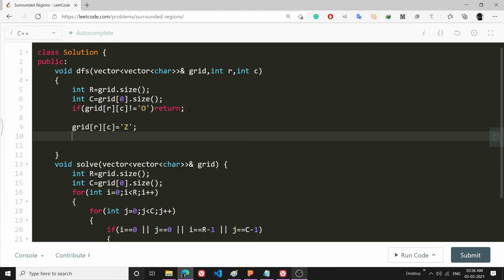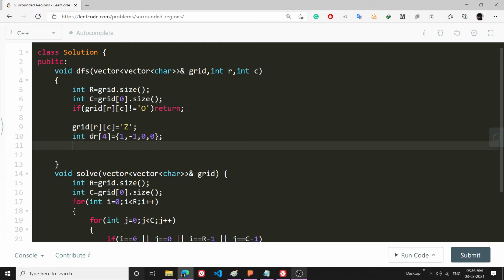So from this cell now I will explore in the 4 directions. For that I will make some direction vectors. int dr4 is equal to, this is really helpful, especially if that was an 8d case, 1, -1, (8d means all 4 directions including the diagonals), 0, and int dc4 is equal to 0, 0, -1, 1.